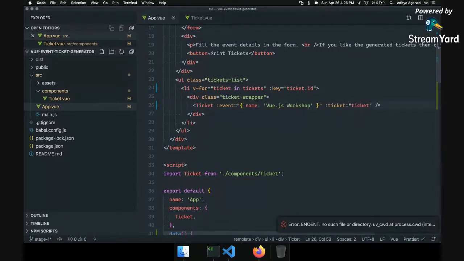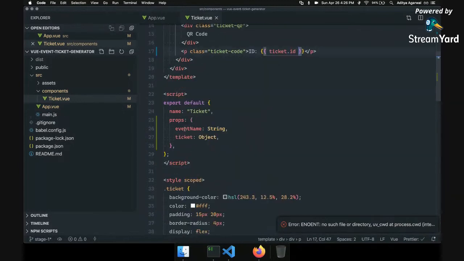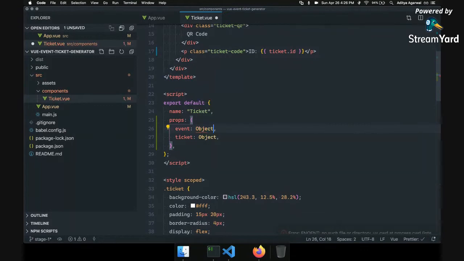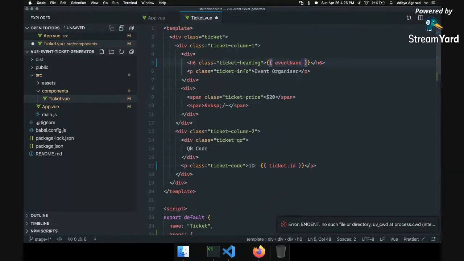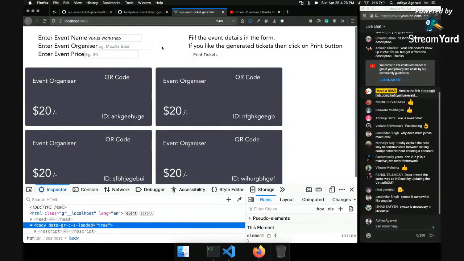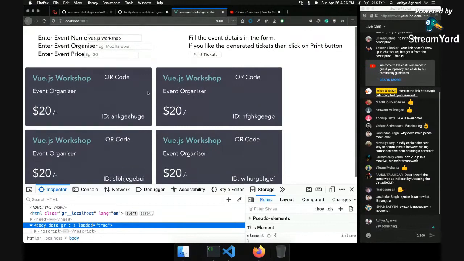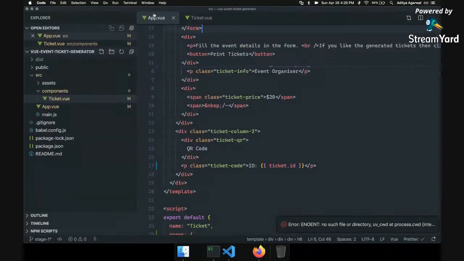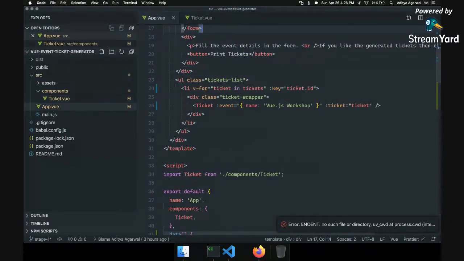Now in the ticket, you no longer get an event name string. Instead, you get an event object. And now instead of event name, you have event dot name, and hopefully it will work. Yeah, as you can see, Vue.js workshop is coming. So now we passed an object instead of a string.